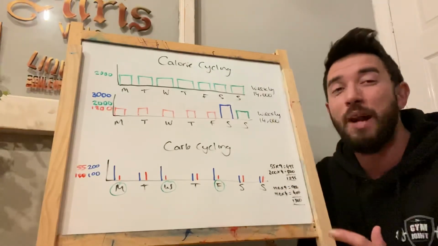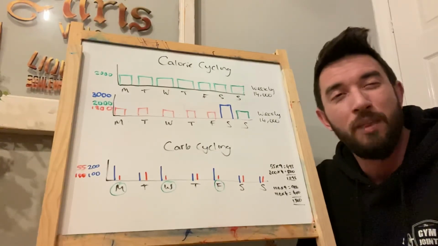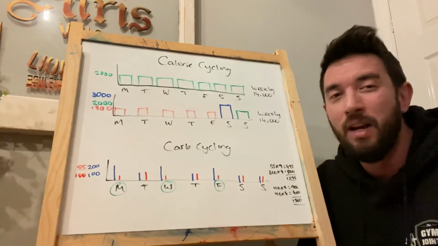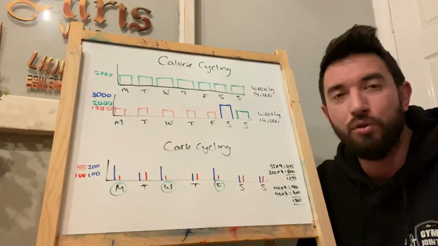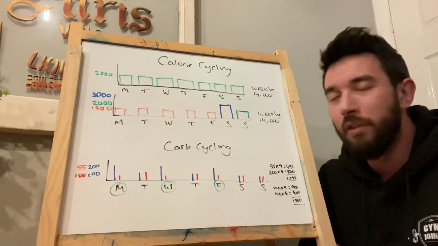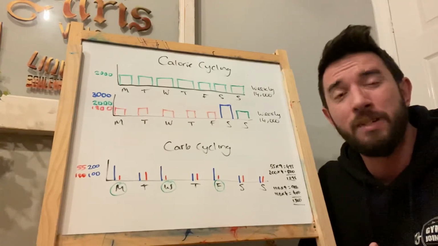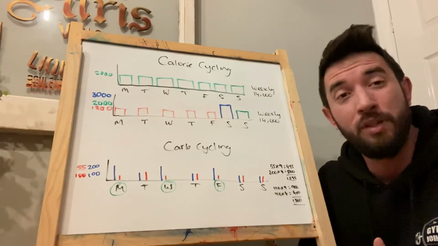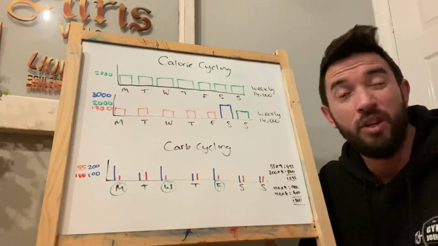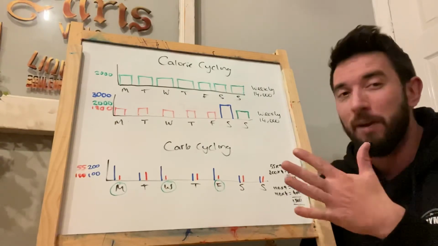So if it made us around that 2000, manipulating the carbs and the fats, and the protein's still the same, then the overall calories are going to roughly be the same. Again, you might have a little bit less calories on a non-training day, but normally for most people it's not going to be huge. Just to digress on that, the reason is because if you have a massively low day on calories, but you're still recovering, you still need food on your rest day, then it's more likely you're going to screw up if you're too low a calorie. So having them around about the same is going to be about right.